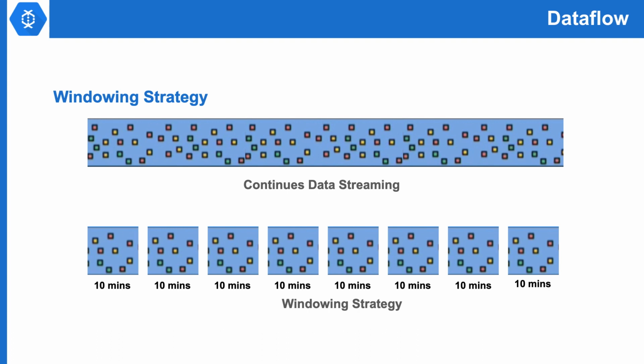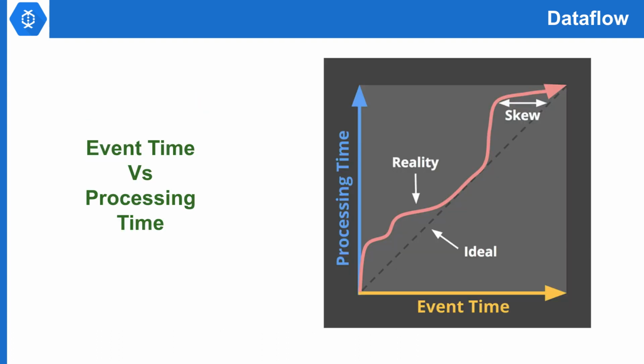Windowing strategy leads us to a new problem. Distributed systems consider time in two different categories: event time and processing time. Event time is the time at which an event occurred within the system, and processing time is the time at which an event is observed during data processing. In ideal cases, processing and event time would both be the same. But in the real world, there can be system lag, networking delays, and due to heavy throughput, the system can also take time to process the data.